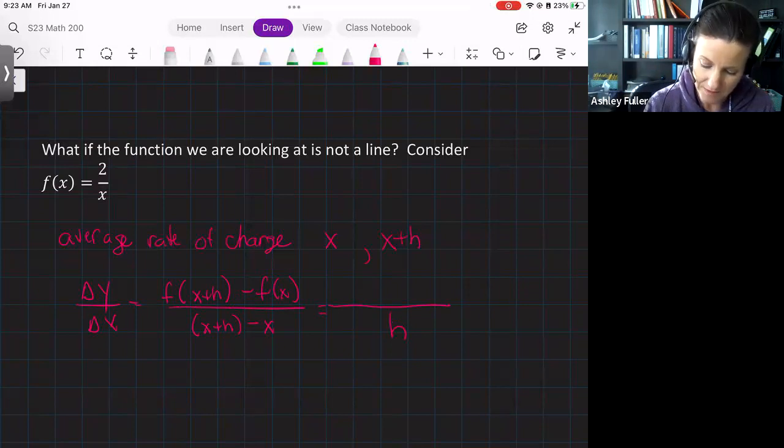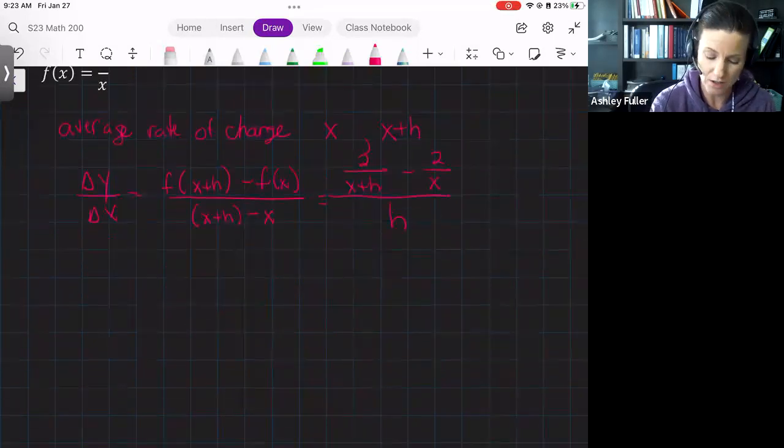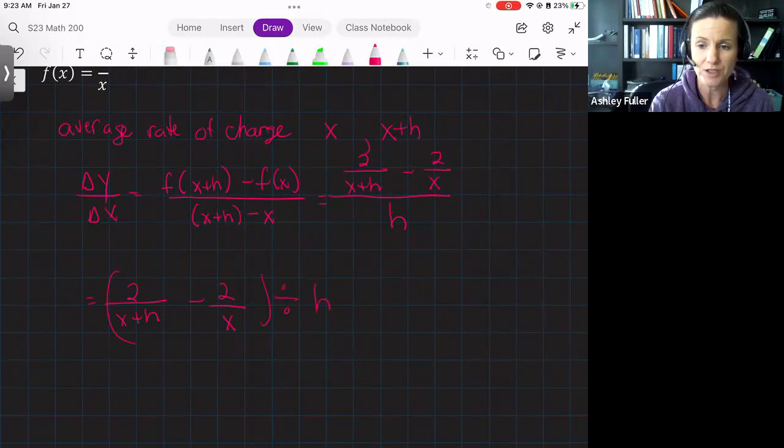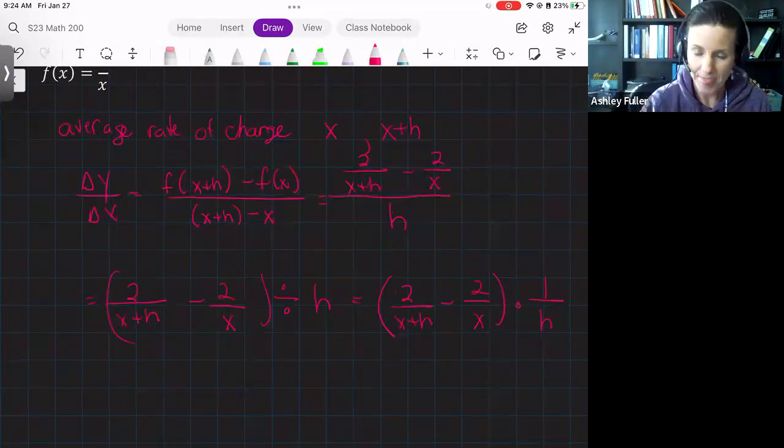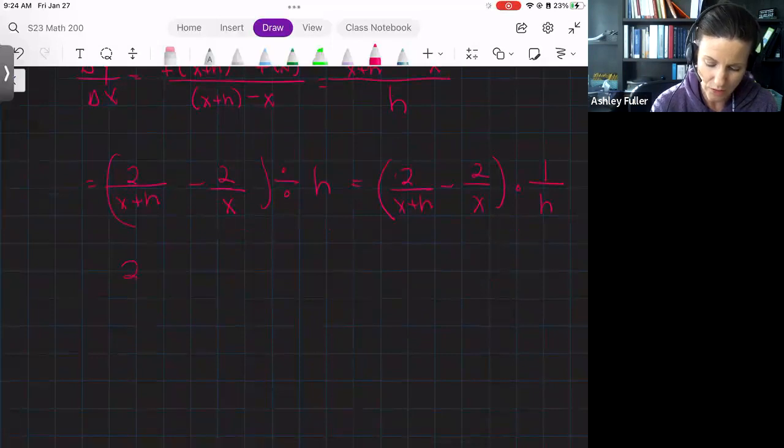Plugging in the value of the function, we get 2 over x plus h minus 2 over x. Now here we're dealing with a complex fraction, so remembering your rules there, we can think of this as 2 over x plus h minus 2 over x, divided by h. And when we divide fractions, we are going to multiply by the reciprocal. So this can be thought of as that difference multiplied by 1 over h. And so multiplying through, we get 2 over h times x plus h